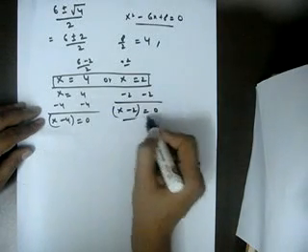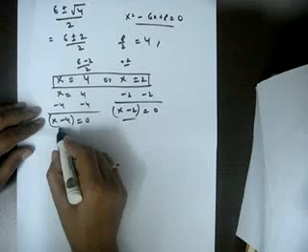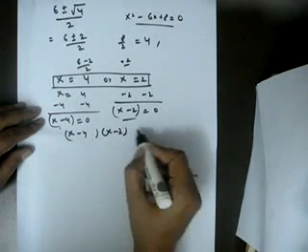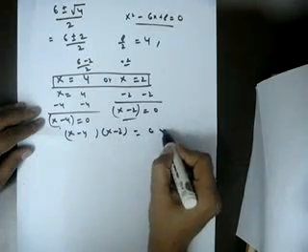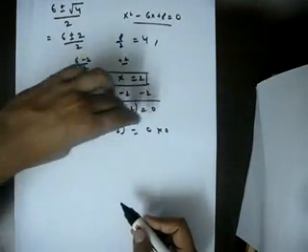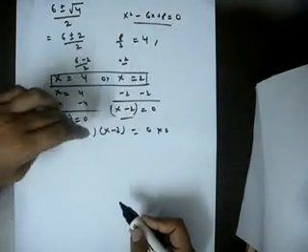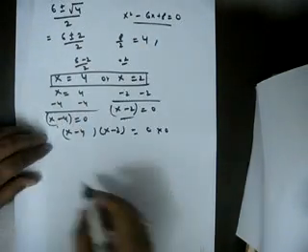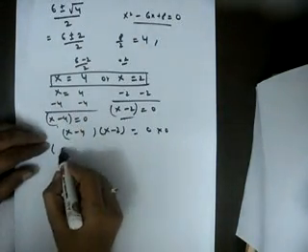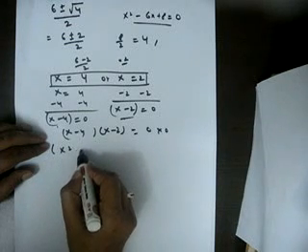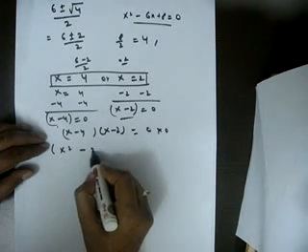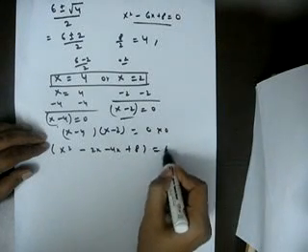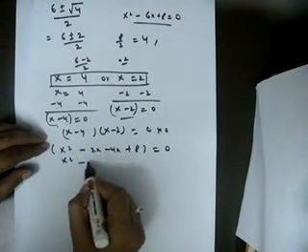This and this I multiply, so I take x − 4 multiplied by x − 2, and I multiply the right hand side also. So basically I am taking these two linear equations, multiplying their left hand sides and their right hand sides, and because these are equal, I am equating these two. If we solve this, we get x² − 2x − 4x + 8 = 0, so x² − 6x + 8 = 0.